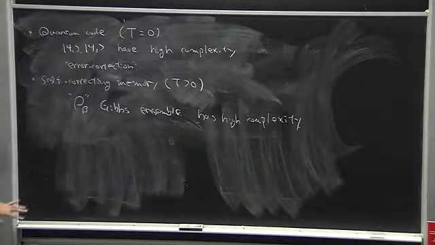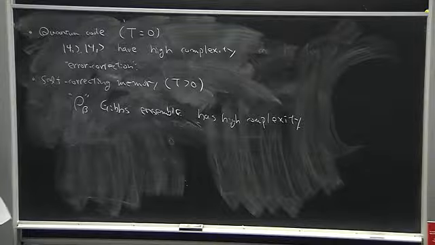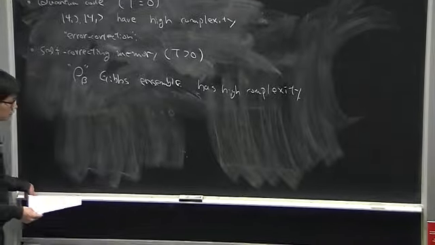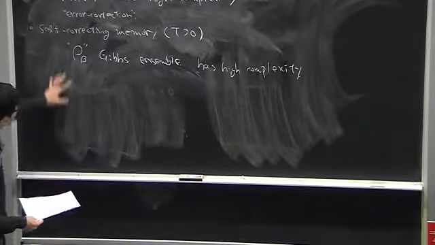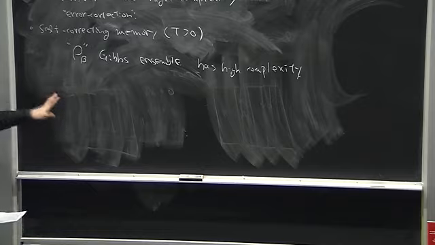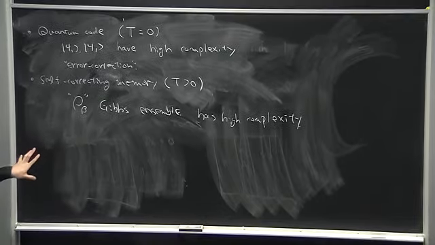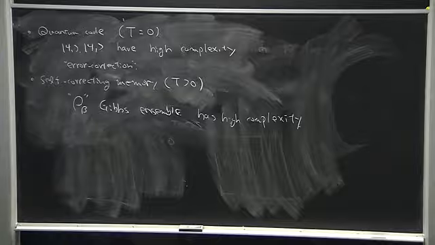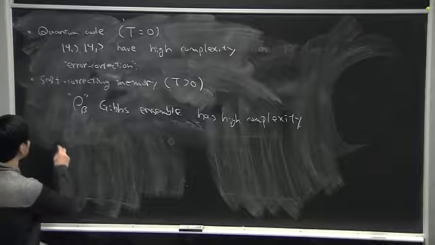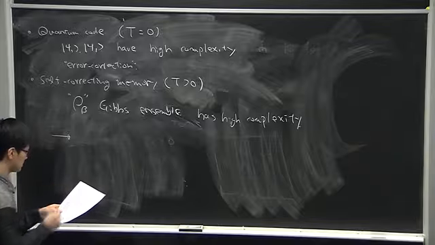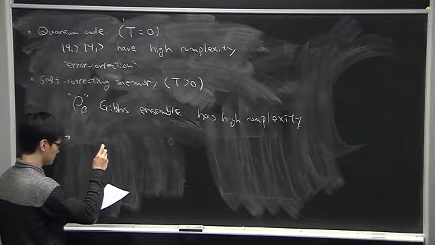But what does it mean for this thermal Gibbs ensemble to have high complexity? It turns out it's a bit tricky to define. But for now, we just say that,